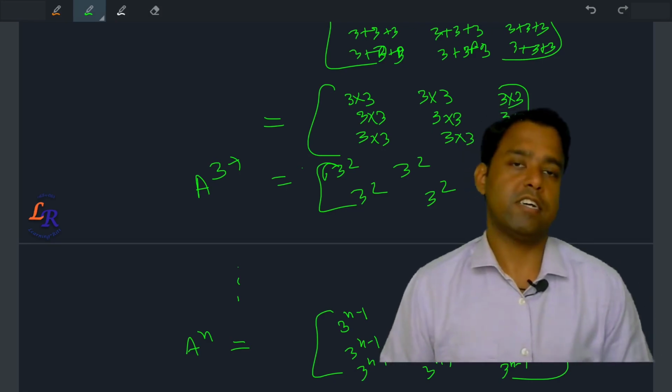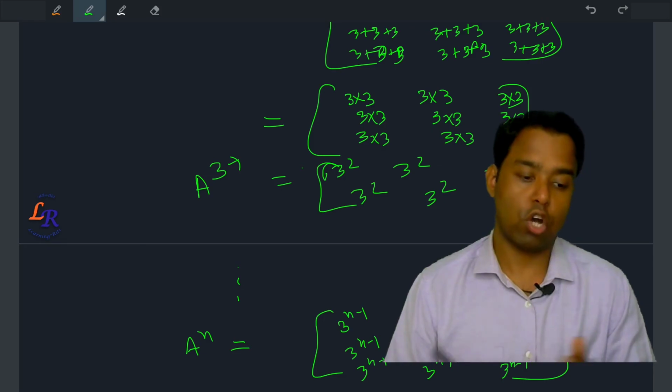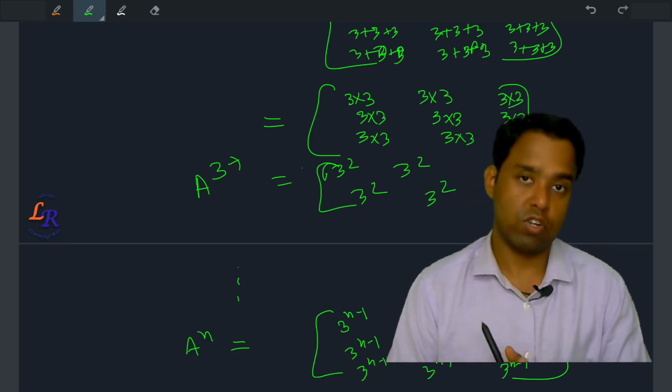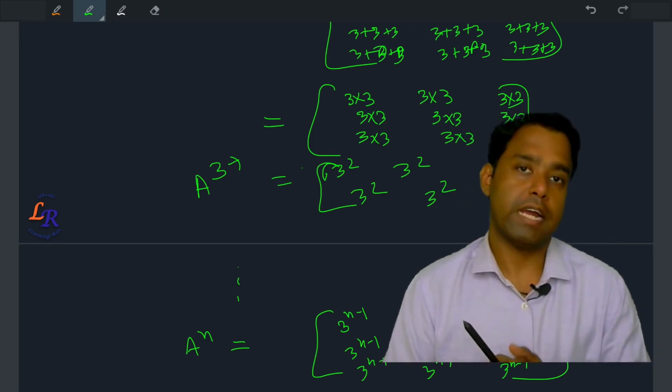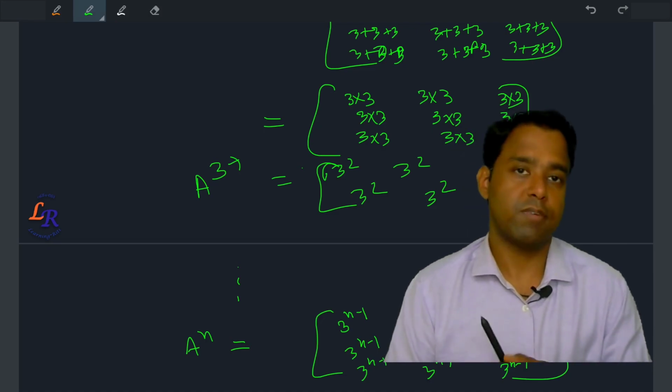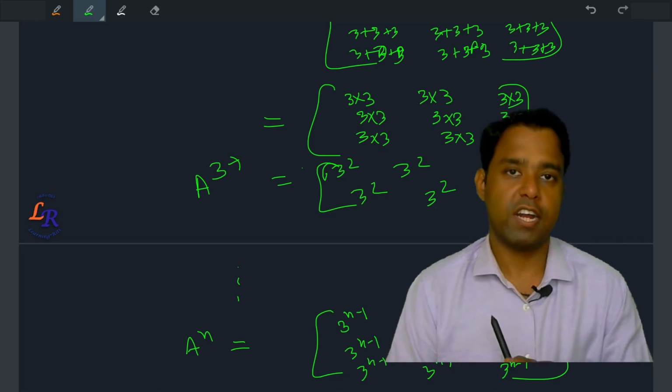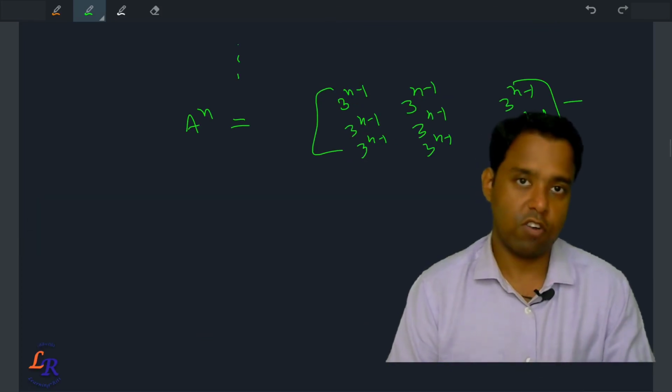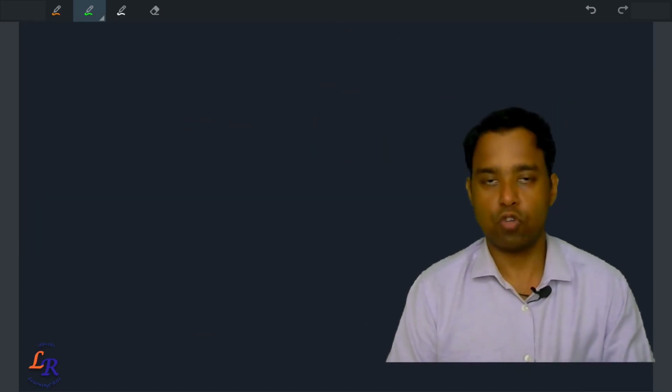This is not the only example; you can have so many. Now you have the concept, so just apply it, use it, try different types of problems, and you will definitely be able to do it. So this is the summary of the chapter. We end this chapter here, and we'll meet you again in our next lecture, where we'll discuss determinants. See you there. Thank you.